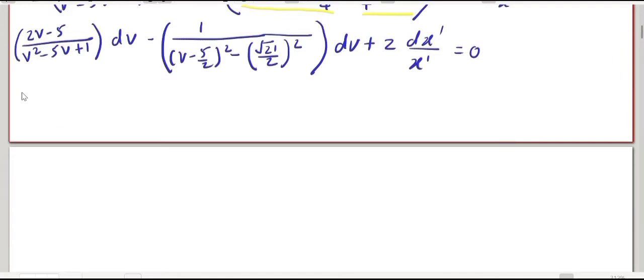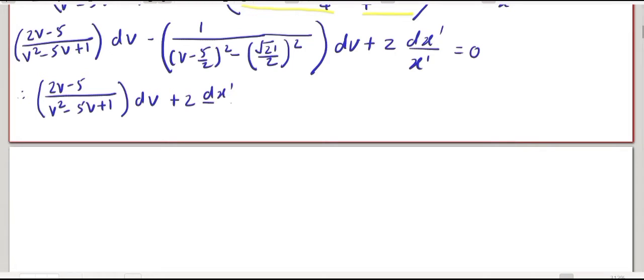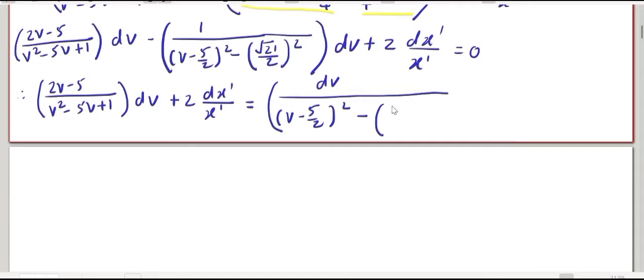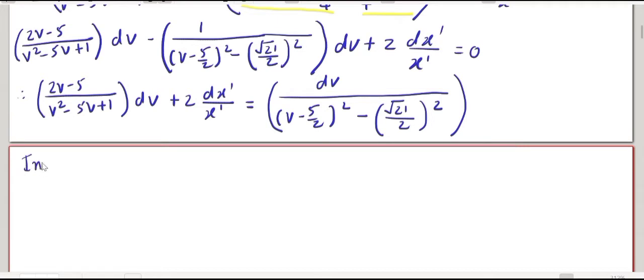Now we get, therefore, (2v minus 5) divided by (v square minus 5v plus 1) dv plus 2 dx' by x' is equal to, now taking this term on the right hand side, we get dv upon [(v minus 5 by 2) square minus (under root 21 divided by 2) square]. Now integrating this, we get